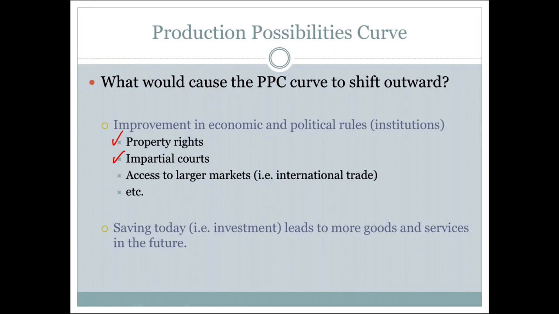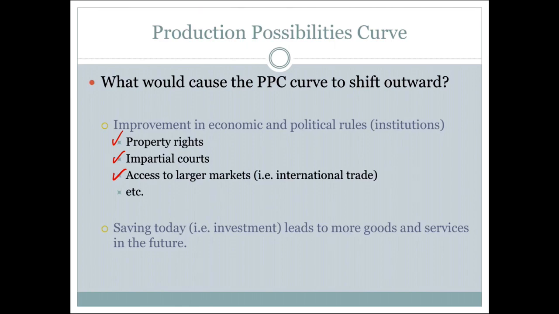Or if a country opens itself up to international trade and to larger markets, it means they have access to more resources, more knowledge, more technology, and they can grow a lot faster. This is exactly what happened to China, happened to Vietnam when they started to open up, and pretty much every country when they open up to the outside world, they get economic growth, and that's represented with their PPC